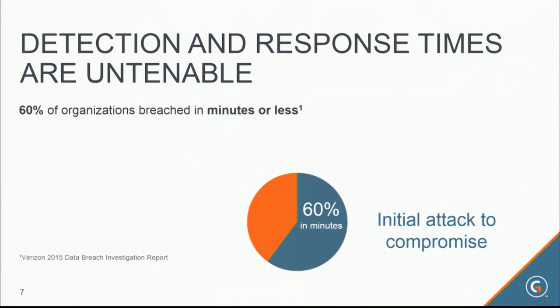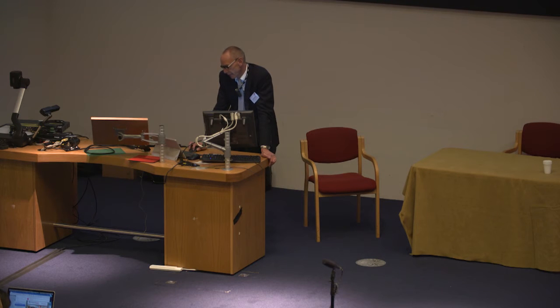I'll whiz through these builds just for time. I think anyone that's heard me speak before has actually seen these. These are out of last year's Ponemon and a few of the ones before. So really scary statistics. 60% of attacks happen in minutes or less. So that's their ingress into the network. That's kind of fine, and given my NetSec roots, this is where that prevention piece is really strong. But if stuff does get through, and it clearly does, to the next point,